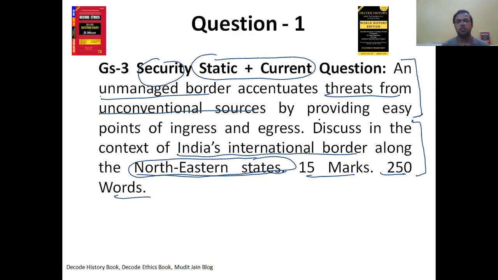Train your mind, tell yourself day in, day out that you will draw a map in security question. I'm damn sure you will be able to draw. If you don't realize the opportunity, you won't do it. So now take 5 seconds, try to identify the subparts in this question.